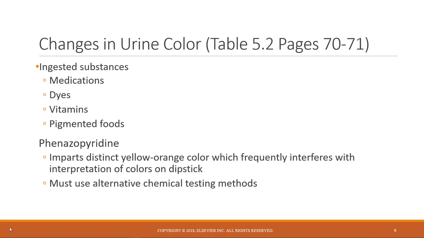dipstick. I've done urinalysis on these samples. When you dip the urine in, the pads turn these bizarre colors, and the instrument can't analyze them. And you can't even do it with your eyes. And usually we will just say that due to interference with the color, we cannot do a chemical examination of the urine. And the doctor may want certain specific tests done that may have to be done by a different